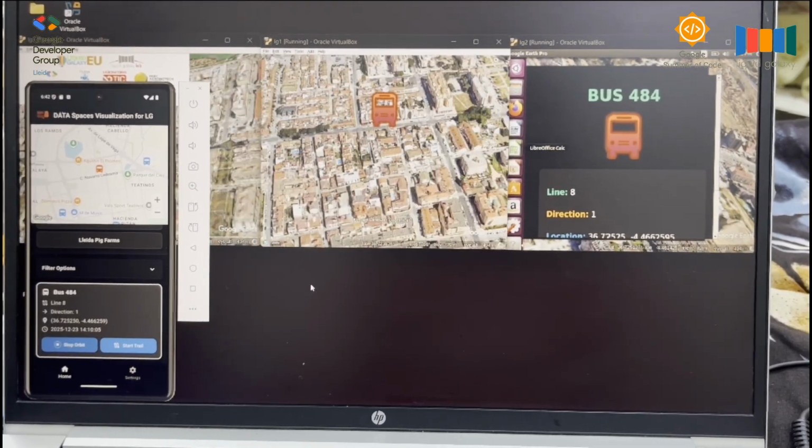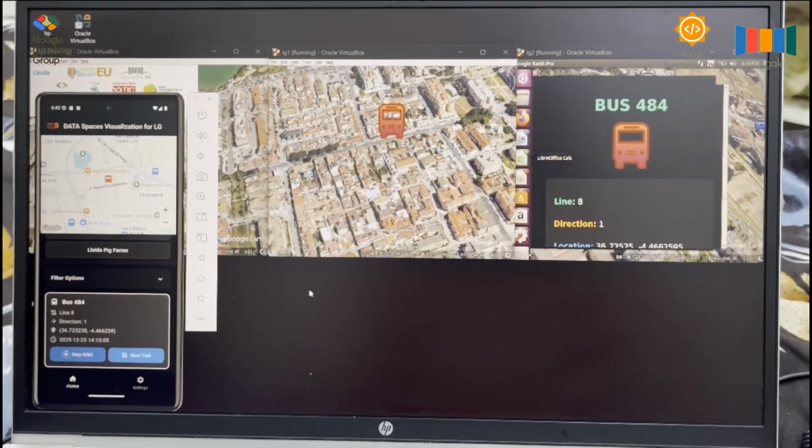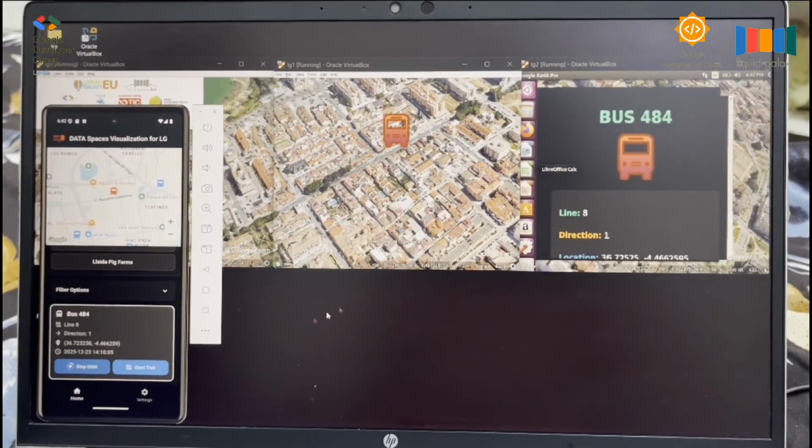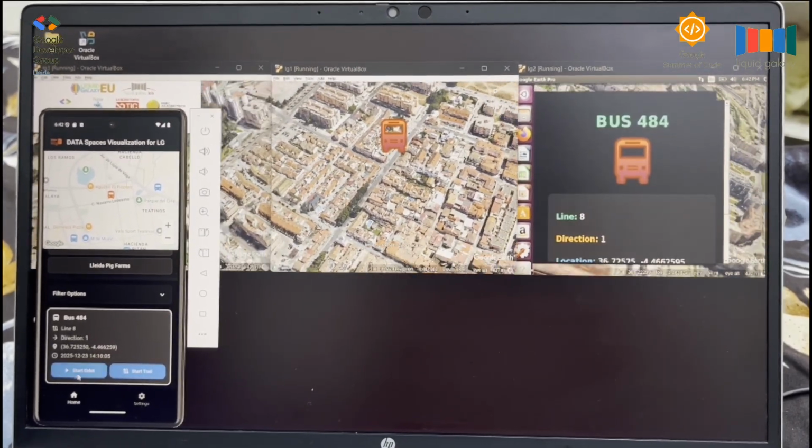I can also start orbiting around. Yes, as you can see, it's orbiting fine. Next is the